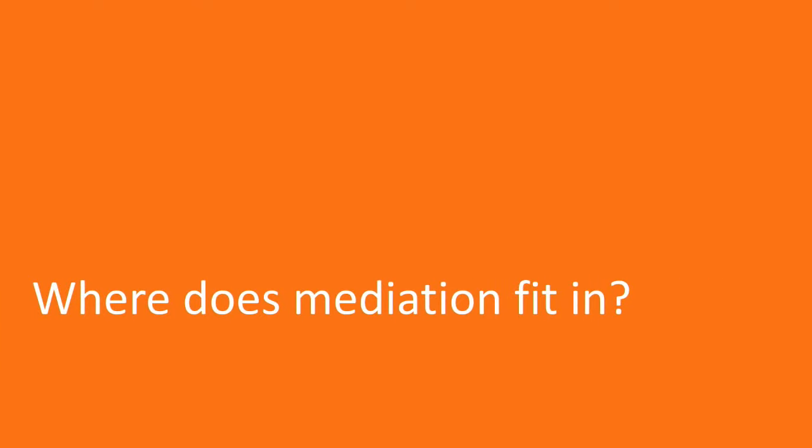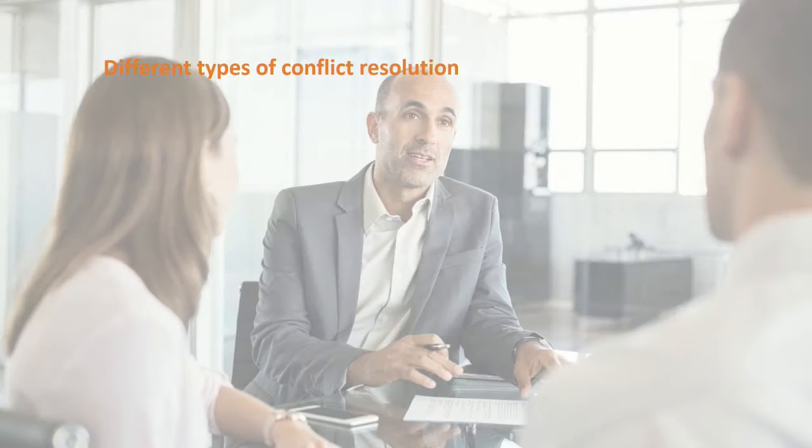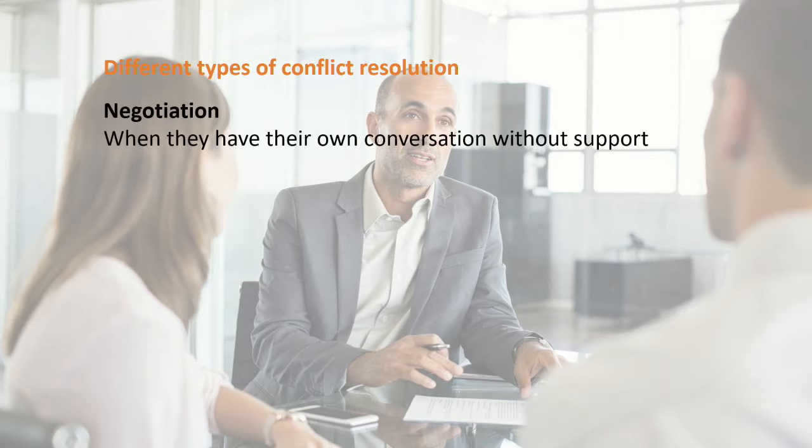Let's talk about where it fits in. So where does mediation slot in relation to other types of conflict resolution? So my comments sort of segue into thinking about mediation vis-a-vis different sorts of processes. So negotiation is something that we're all quite familiar with, and if you have people who are prepared to go for a cup of tea and have a conversation and sort out a disagreement that they have, and they don't need that support of an impartial third party, then we'll call that negotiation. We could call it a chat over a cup of tea. And a lot of disputes or disagreements that arise can be sorted out this way.